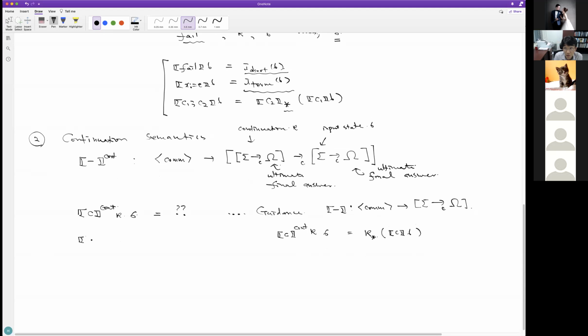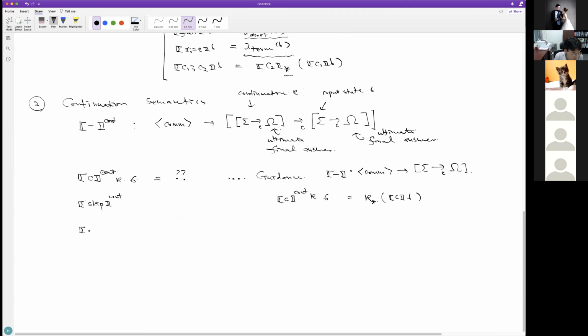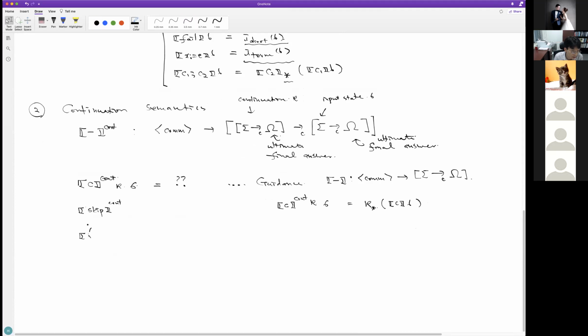We do case analysis, and there are a few cases: we have a skip, continuation semantics, then we have assignment, and then we have sequential composition.